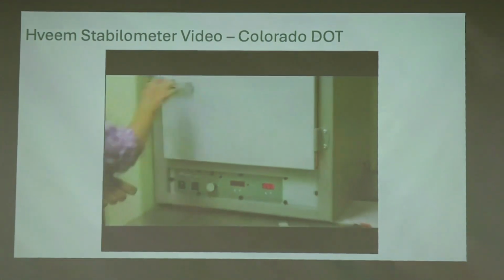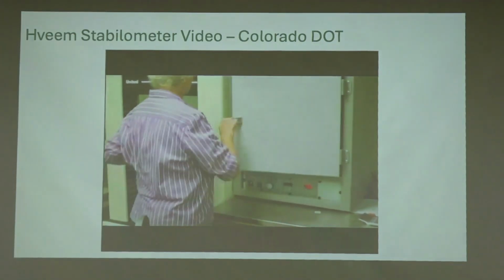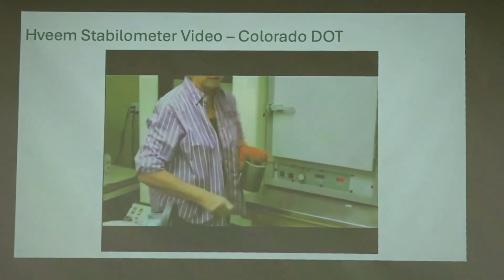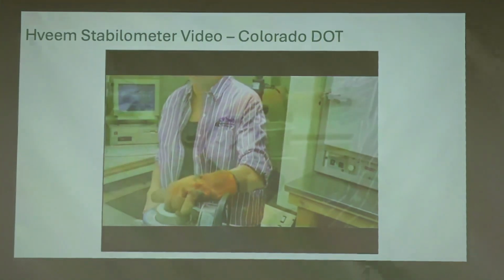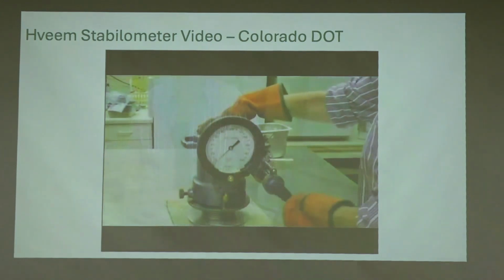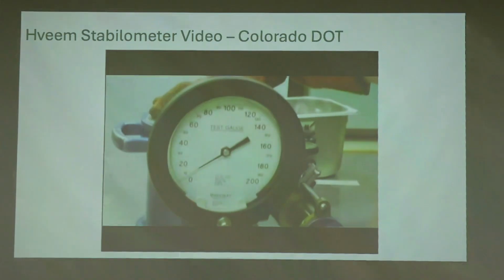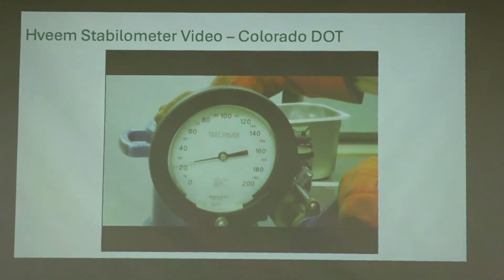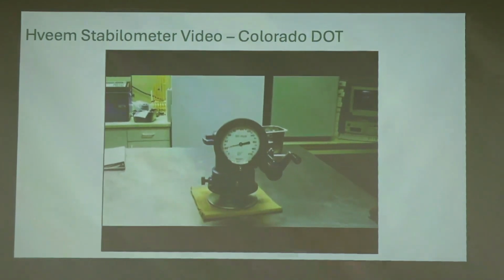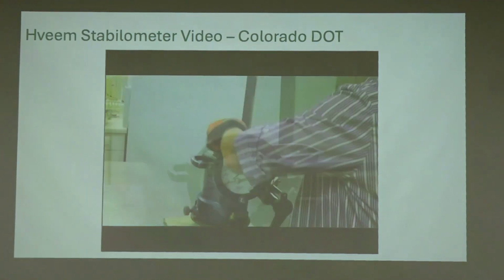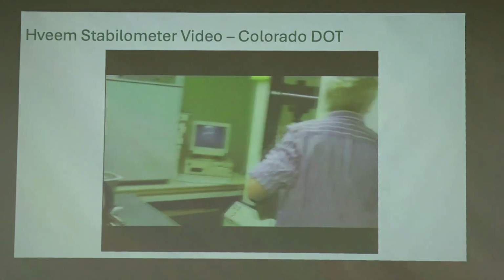Okay, once you've taken that measurement, you're going to be taking the thick-walled cylinder out of the oven, called the follower, placing it into the stabilometer, and then you'll be turning the horizontal pressure up to 20 psi, and then you will allow it to stabilize. While it's stabilizing, it's heating the oil in the bladder. Once it has stopped moving, you're going to take the follower out, place it back in the oven,